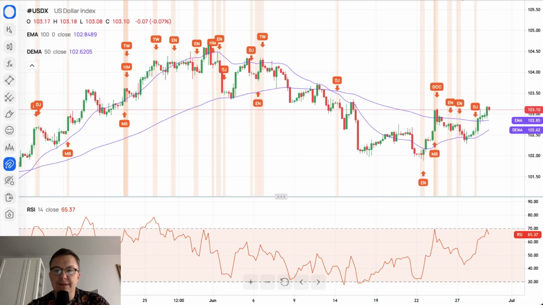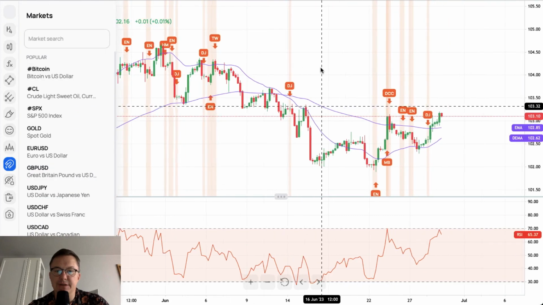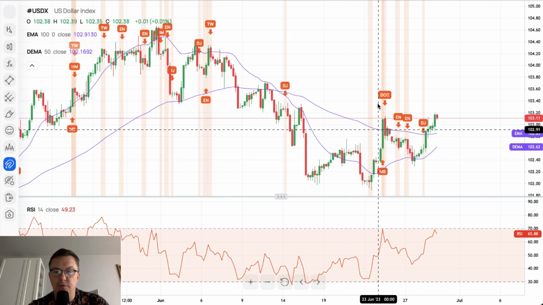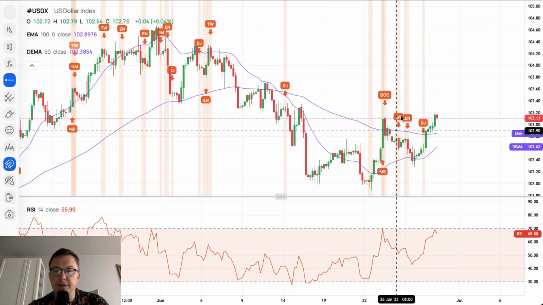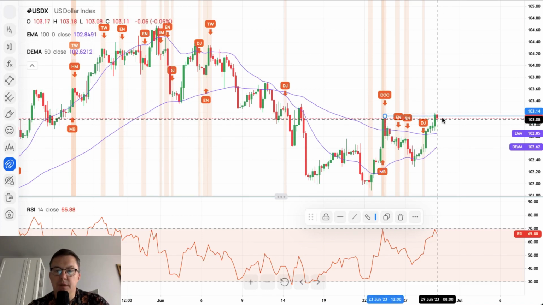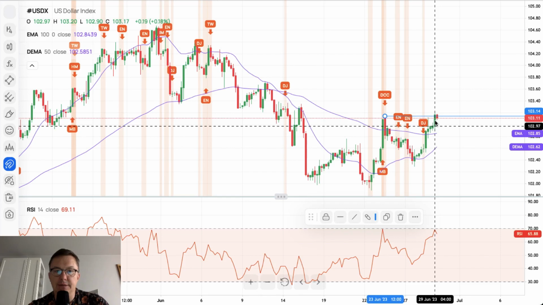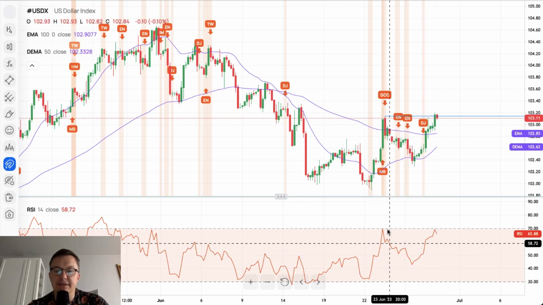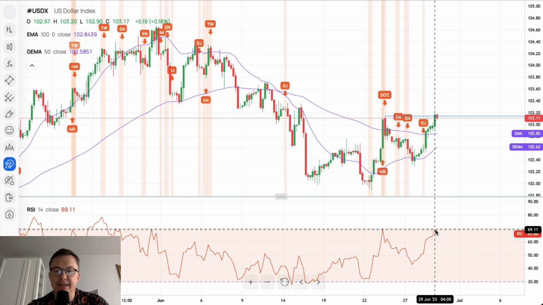Our chart of the US dollar index is showing us a very interesting situation that is taking place right now. We have an attempt to break above the resistance located at the level of 103.14. The local high was made at 103.20, which is just slightly above the technical resistance. Nevertheless, again, this market hits extremely overbought conditions.